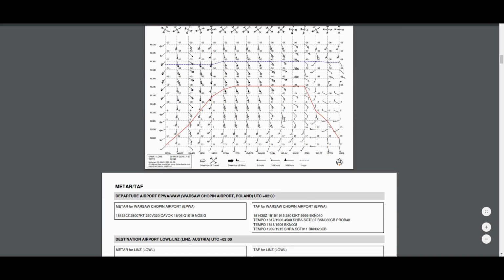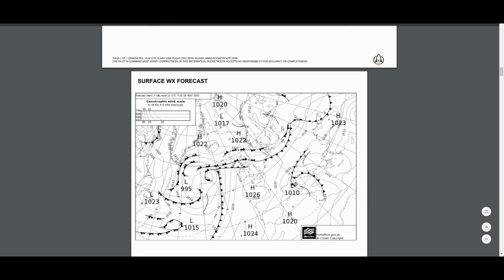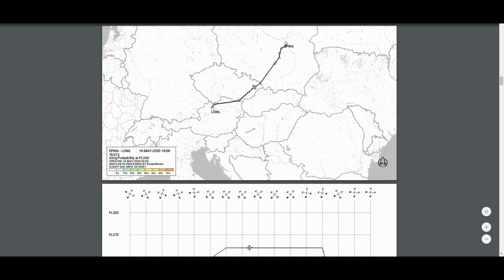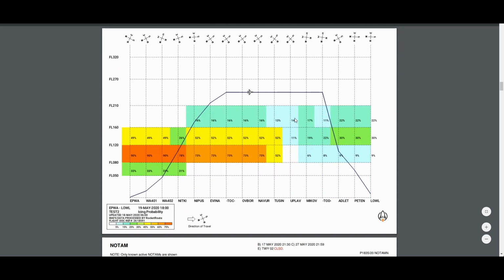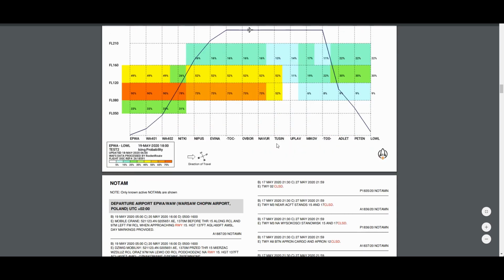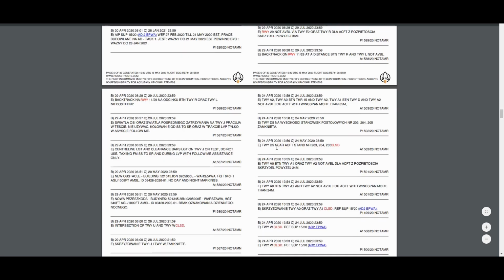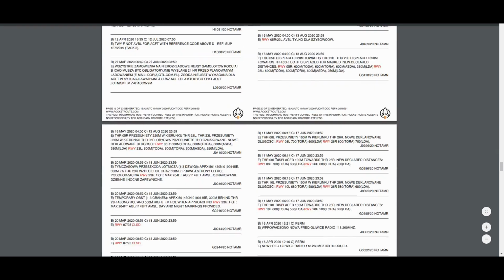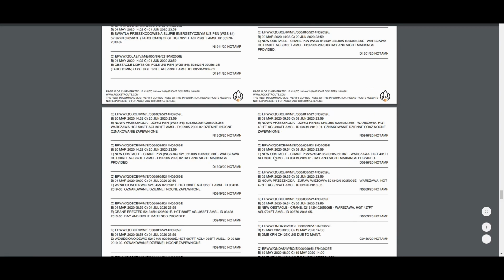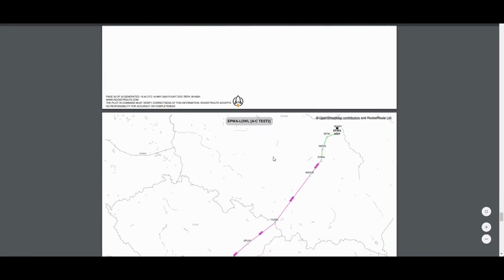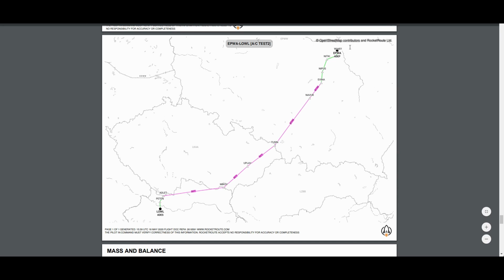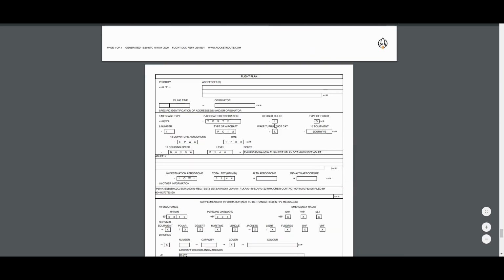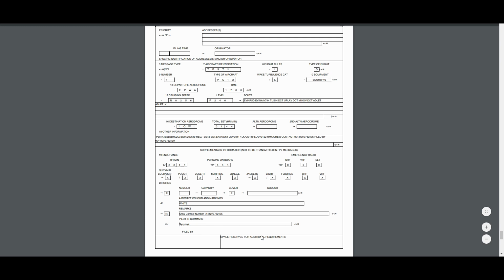winds, METAR, route, probability of icing, NOTAM information, once more the route with SID and STAR, mass and balance envelope, the actual flight plan,